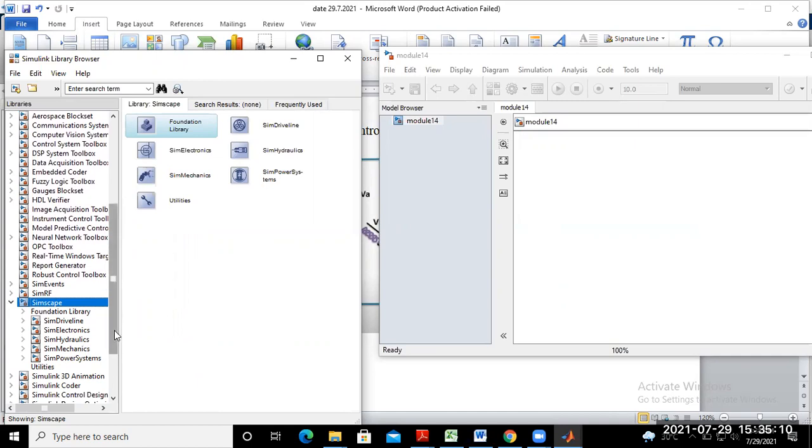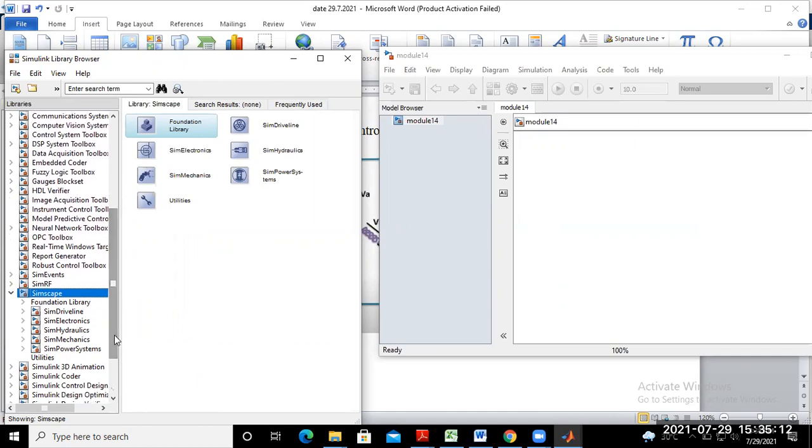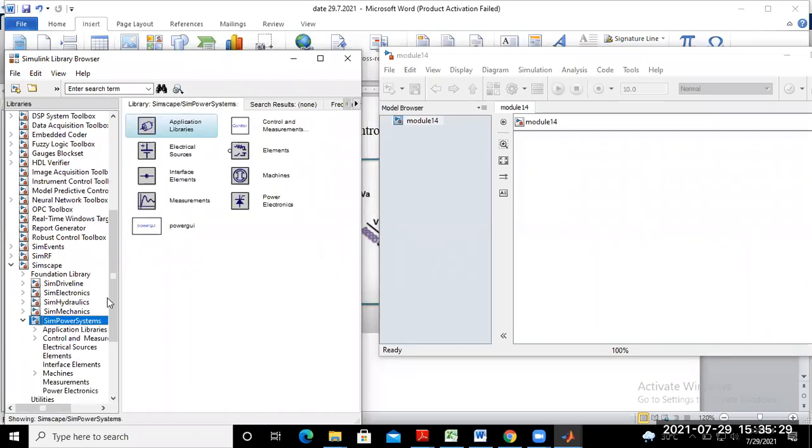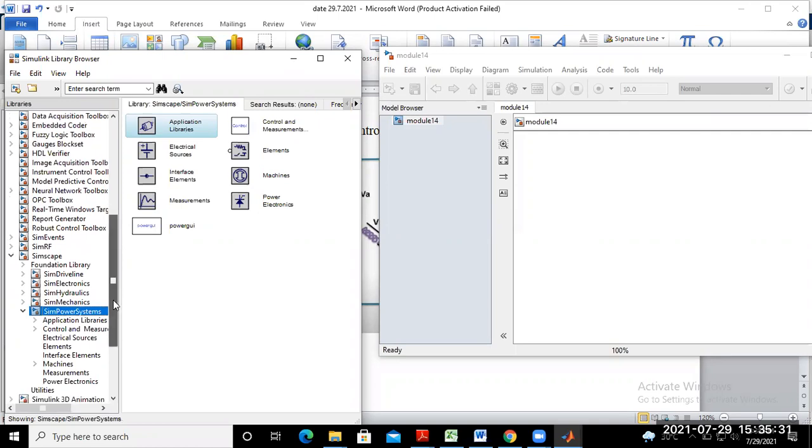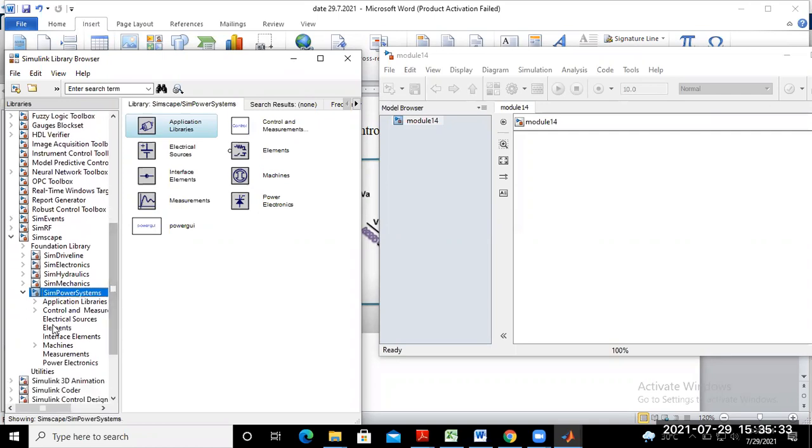Are you able to see this here, Rahul? Are you finding SimPowerSystems here? Just click on SimPowerSystems and then you will find various types of components: electrical source, elements, machines, measurements, and power electronics.